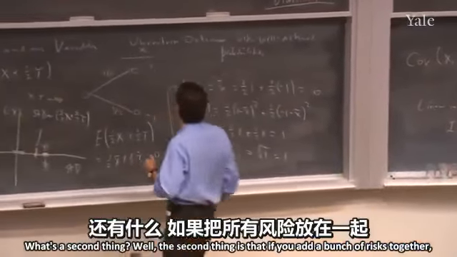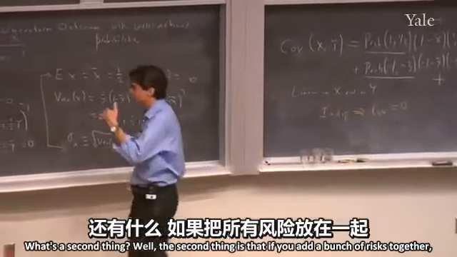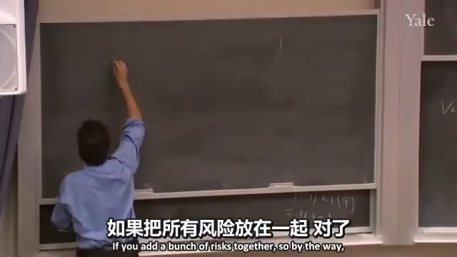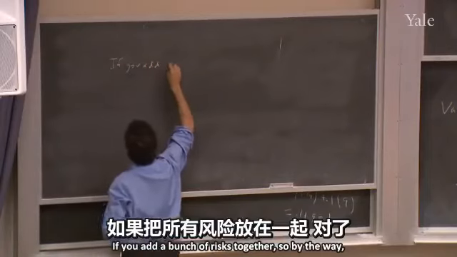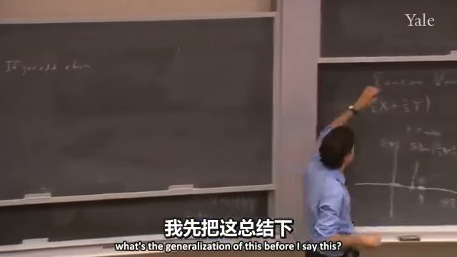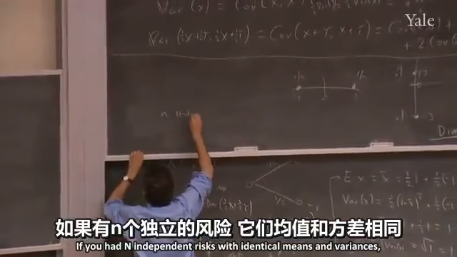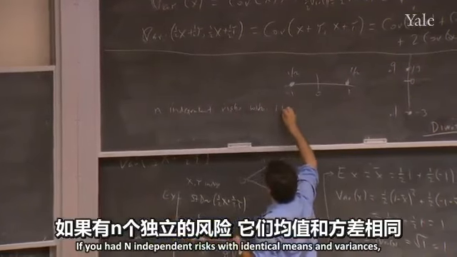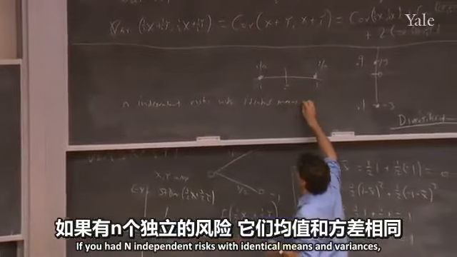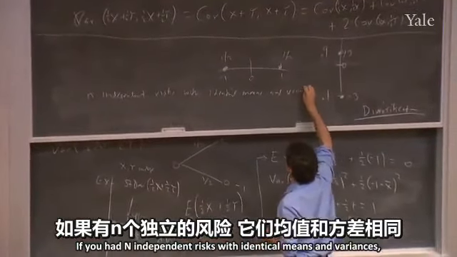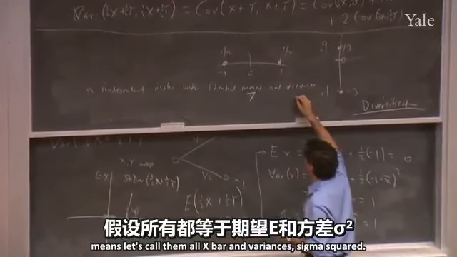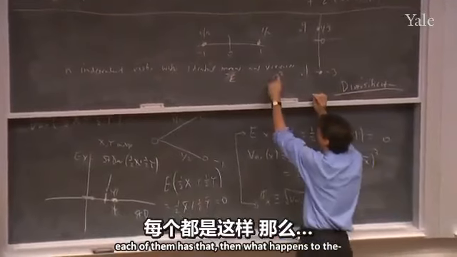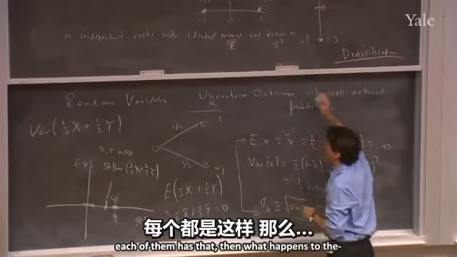What's a second thing? Well, the second thing is that if you add a bunch of risks together, so I'm going to say this loosely, so this is, if you add a bunch of risks together, so by the way, what's a generalization of this? Before I say this, if you had n independent risks with identical means and variances, okay, means, let's call them all x bar, and variances sigma squared. Okay, let's say they all have expectation E and variance sigma squared, each of them has that. Then what happens to the